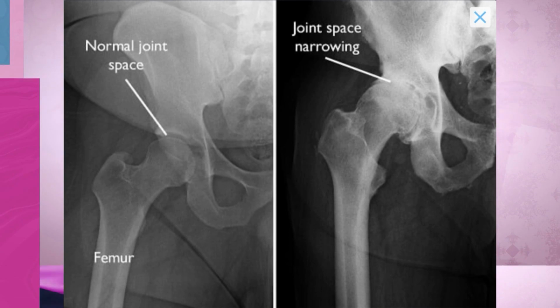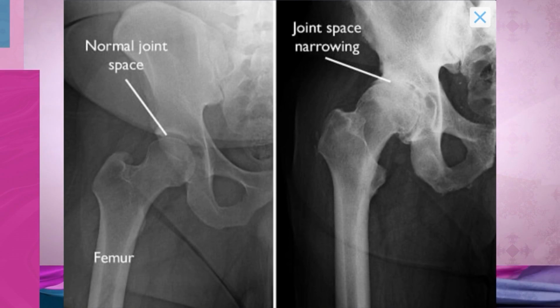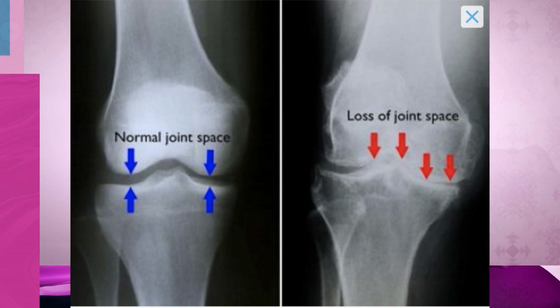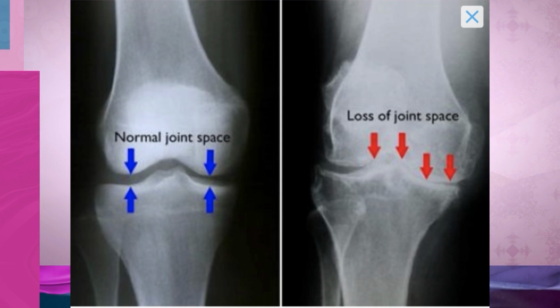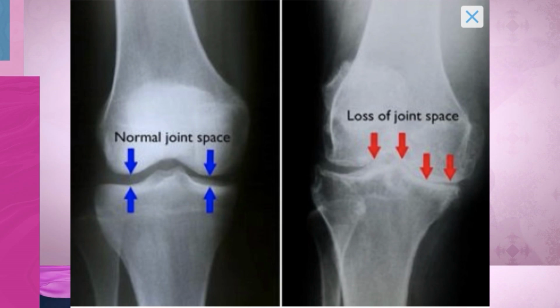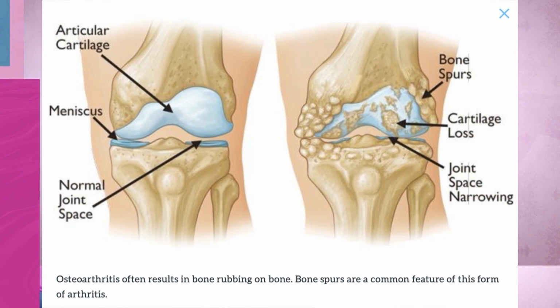Now, this can affect your hip, but it can also affect your knee. On the screen is a picture of a knee going through that same process where you start to lose that joint space. The x-ray on the left shows a normal joint space, with space on the inside and space on the outside, but on the right you see that loss of joint space where you no longer have that nice cushioning. Patients really start to experience pain and difficulty when walking around. And this is just a cartoon rendering of the same thing: loss of cushioning, new bone forming called osteophytes, bone spurs, and then joint space narrowing after cartilage loss.